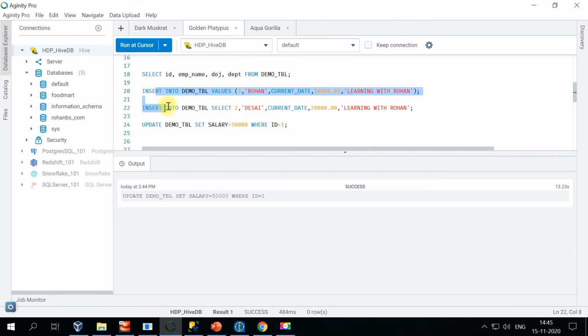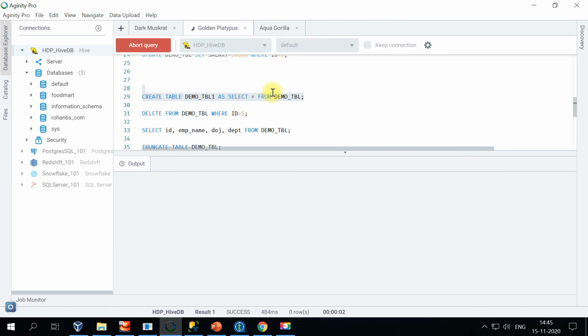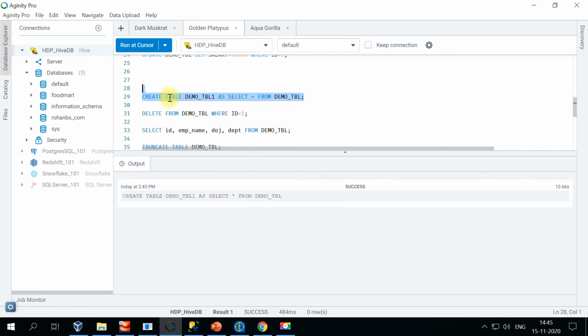Okay, so now that we have looked at insert and update, let's look at one more create command now. So what I'm doing is creating another table by selecting the data from one table, the table that we just inserted data into. We will do that operation, create table demo table 1 as select from the existing table. So this will automatically take care of copying the structure and the data from this particular table to your new table. So the new table is now created.